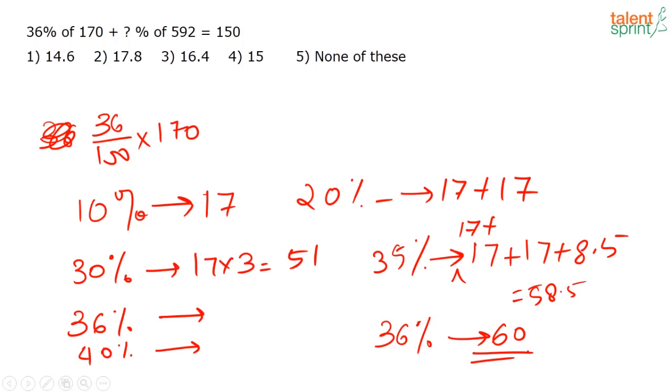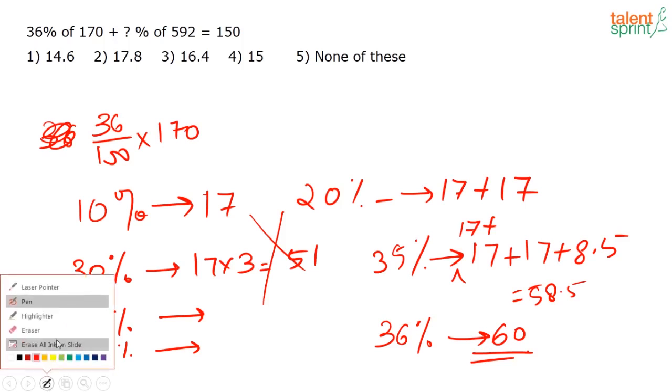See, in some questions, try it that way also. That is also a smart way of solving the question. You can either solve it like this, 36 by 100 into 170, or these steps. See, none of these steps you need to write. I am just writing it down. In your mind, you can do that, right? 30 percentage of 170 is 51. So 36 percentage will approximately be 60. Correct? So how can I write this question now?